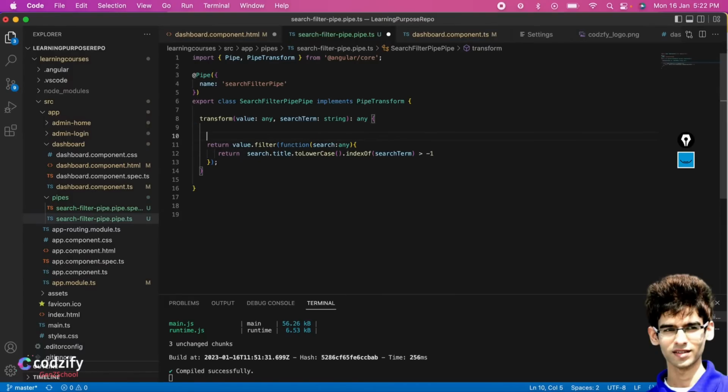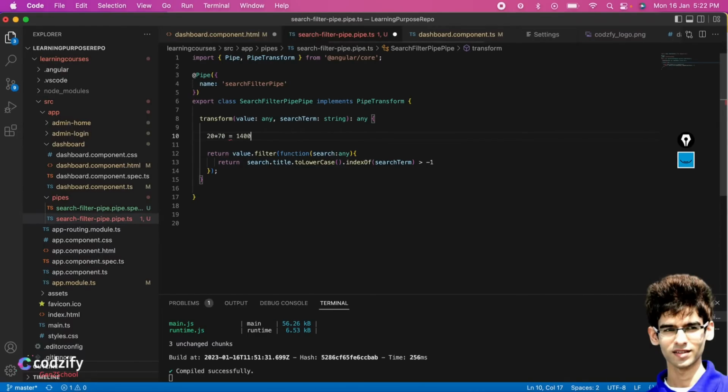For example, to convert the US dollar to INR, we have to multiply it by 70 like this. So 1400 rupees will give us $20, right? So this is how you can achieve that here. Inside this you have to apply that formula and return the value.